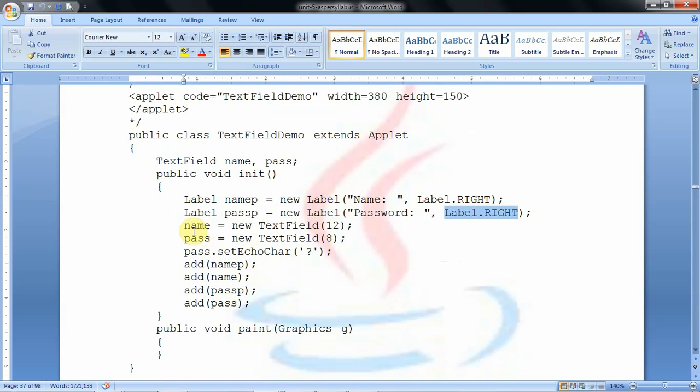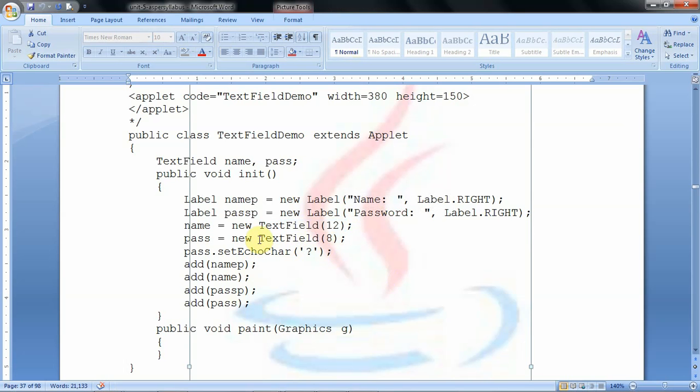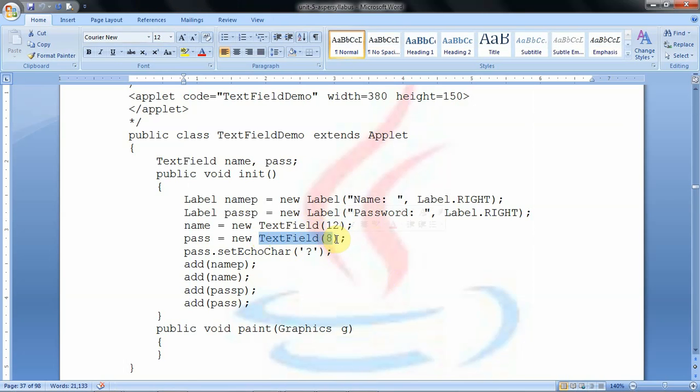Then we create the text field by using TextField with 12. So this text field is created with a length of 12 characters, that means it shows 12 characters to the user at a time. Then the second text field is created with 8 characters length.